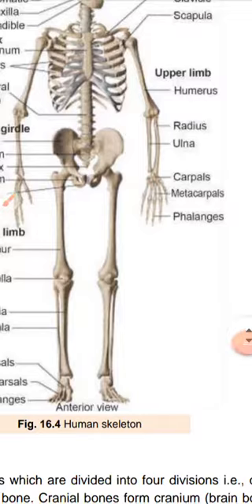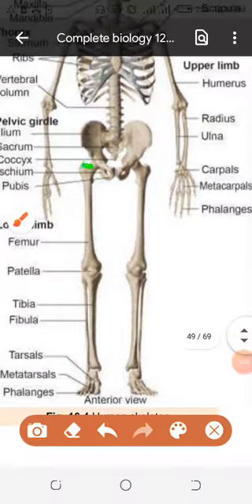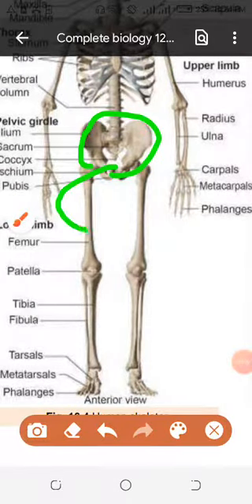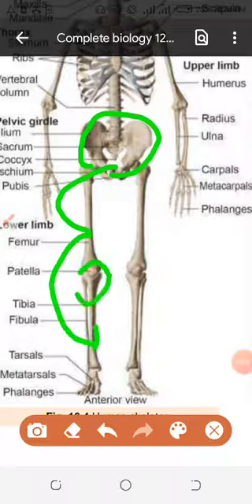Pelvic girdle bones: ilium, ischium, pubis, giving support to the femur to move the tibia, fibula, with the force of the patella, the top of the bone. Amazing names and amazing structure, amazing human body, an amazing machine. A machine which we can say is the top machine of the world.